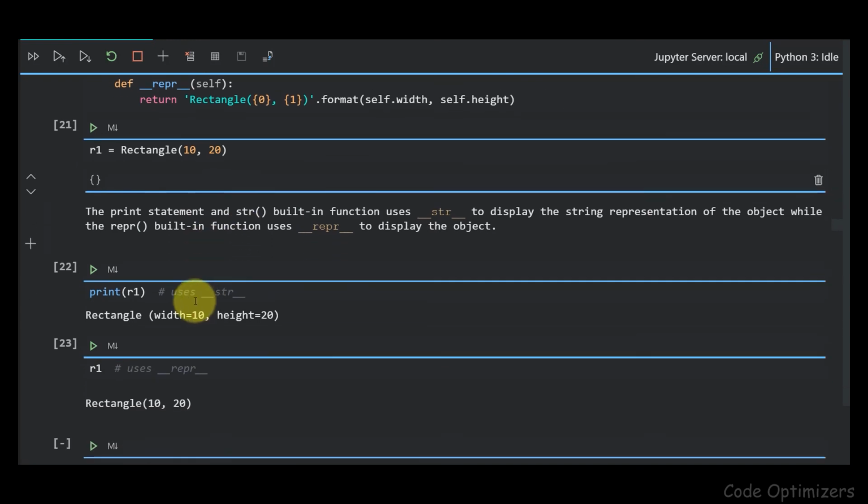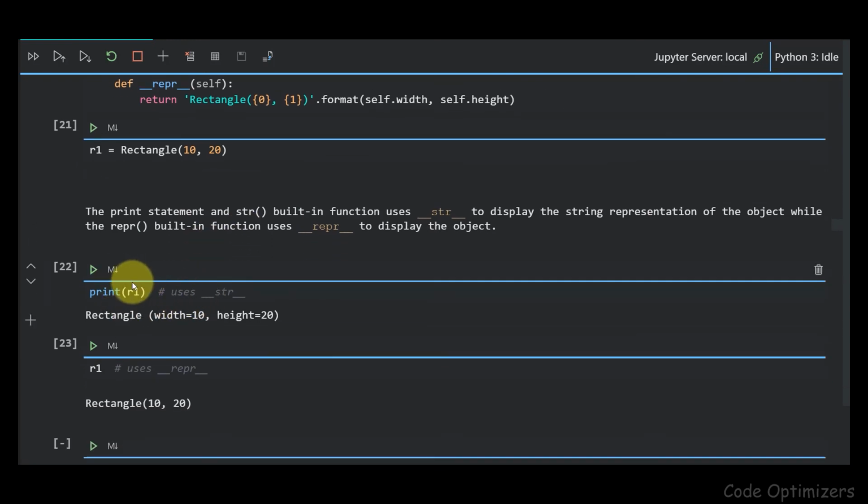Now let's see that print and the str built-in use the dunder str method, so when we use print, it uses str, and in a Jupyter interactive notebook, if we write the object r1, it uses the dunder repr method.